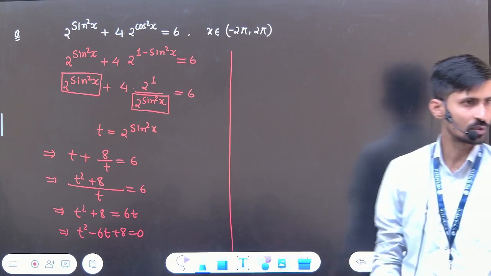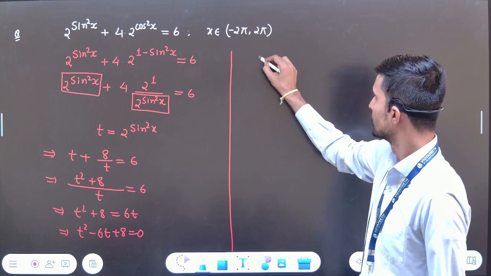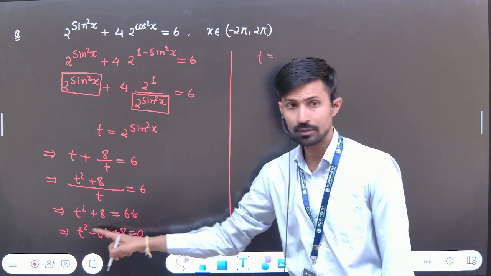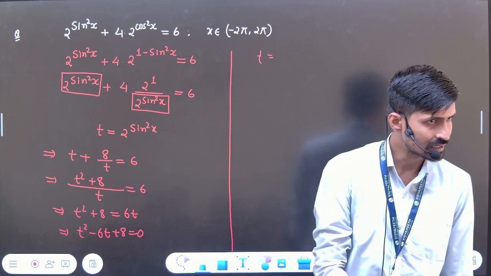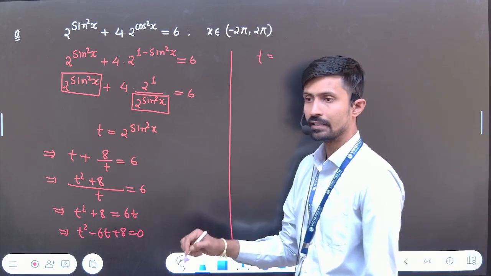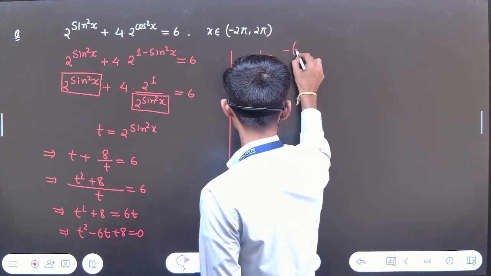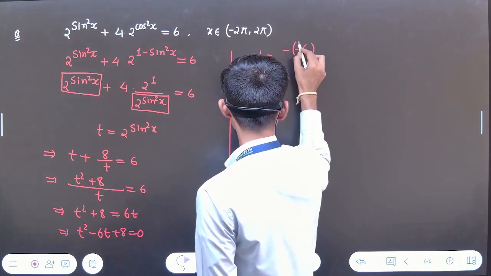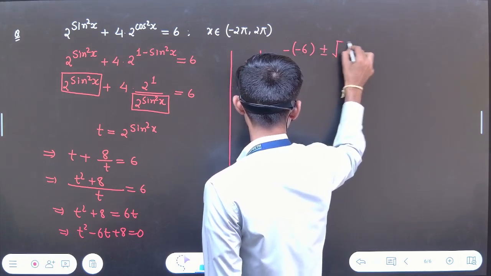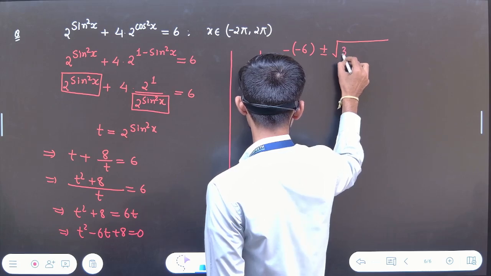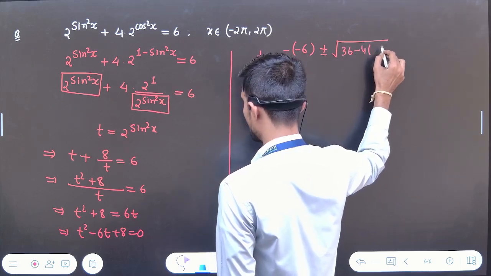Now we'll find the roots of that quadratic. A is 1, B is minus 6, C is 8. So what will the root be? Minus B. What is B? Minus 6. So this is minus B plus or minus root under B square, that is 36 minus 4 into